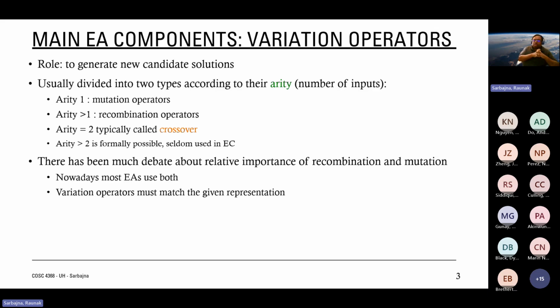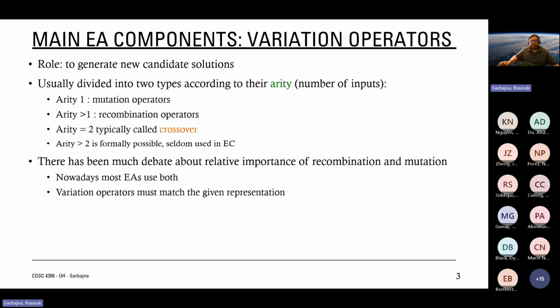If you're using just one solution and manipulating something within that solution itself, some of the parameters or some of the values of the strings, then that is a mutation operator, right? That number of inputs is called arity, from the word parity, if you know that. So if arity is one, then it's a mutation operator. You're mutating